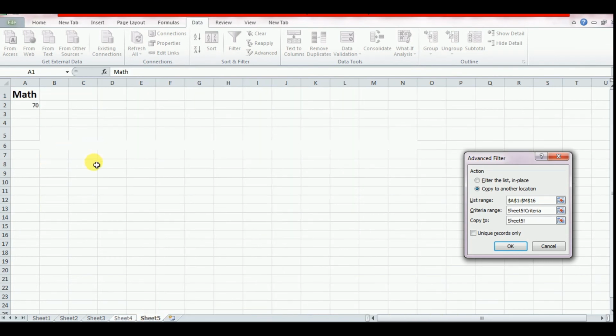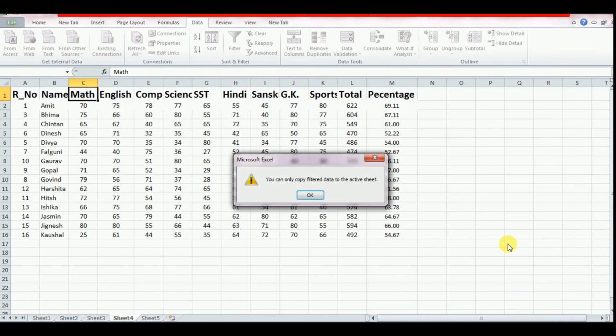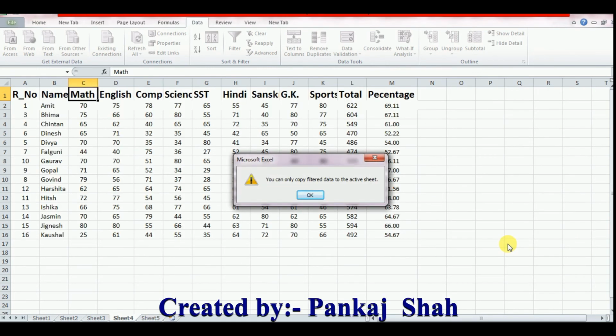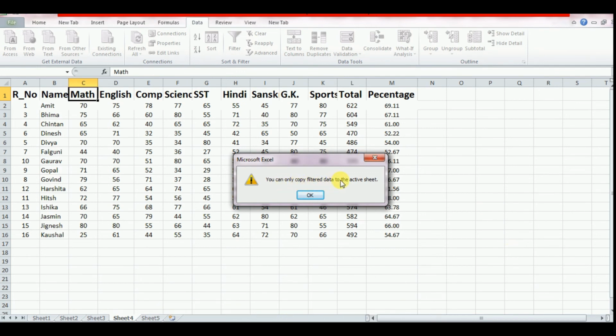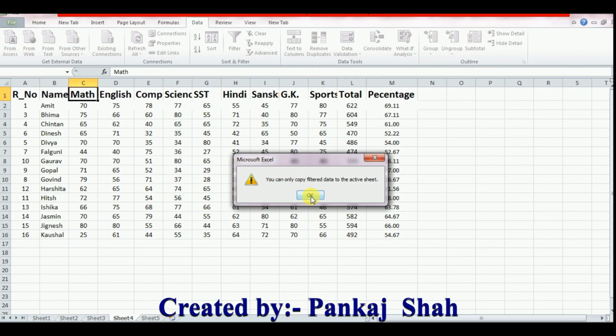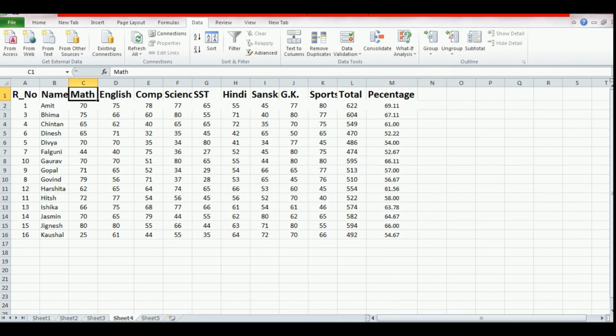I want to see the output on sheet 5, so click here and then click OK. So you can see there is an error message displayed: You can only copy filtered data to the active sheet. So this is not my active sheet, so this is a wrong method. Okay, then let's see the right method.